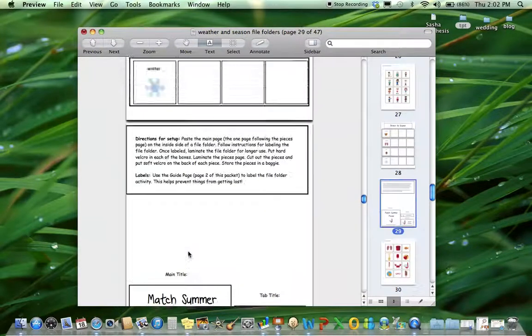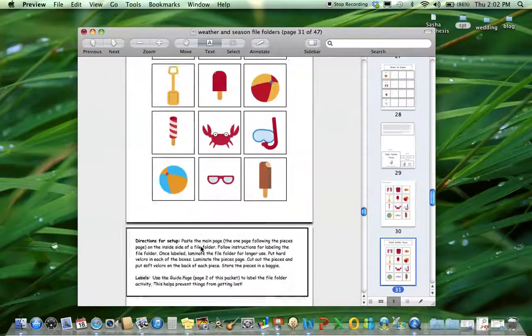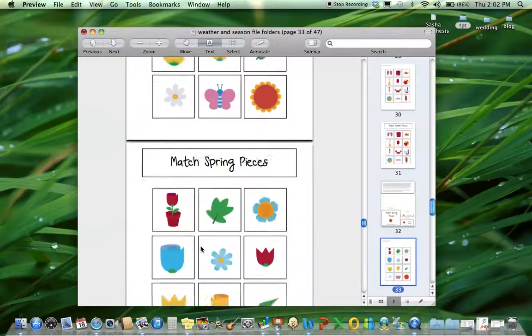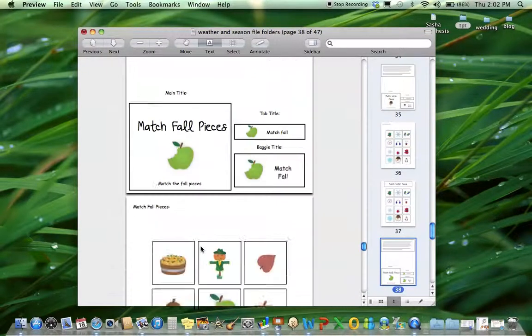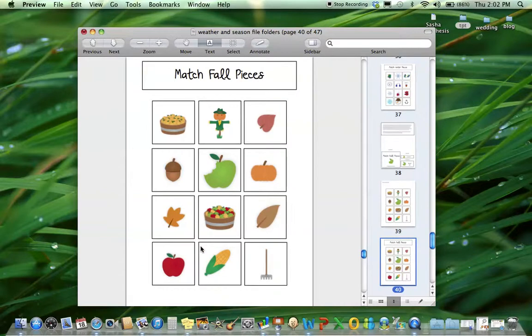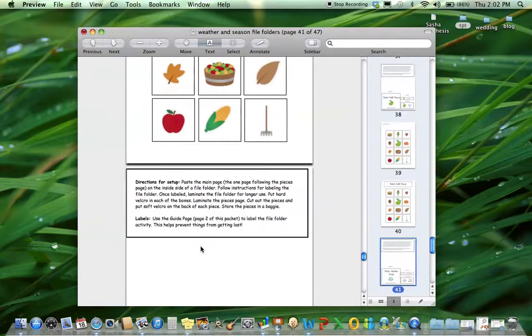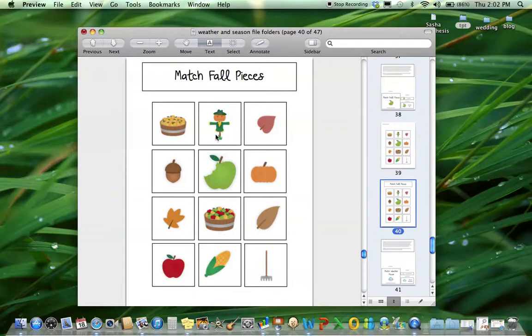Next is matching summer pieces. So these next 4 are just very basic to work on vocabulary and matching. So here's the summer, spring, winter, and fall. I use these in my morning binders, and it's great to have a little bit of independent work dispersed between things that are more challenging. If you're going to have page after page of things that are complicated for your students, they might get frustrated. So having one thing that's a little bit easier, or to work on matching with some of your lower students,